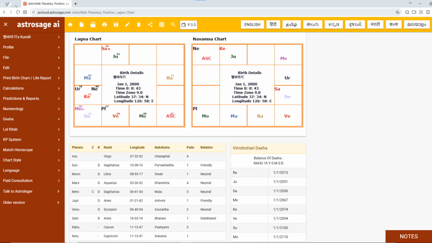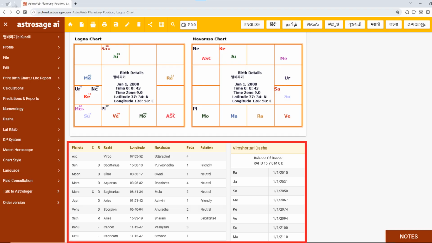Just knowing this much allows you to read your chart at a basic level. However, we can't just stay at the basics, can we? If you want to know more deeply, you will ultimately need to look at the table below. The table contains information on nakshatra and pada, whether it is retrograde, whether it is combust, and on the right side, there is dasha